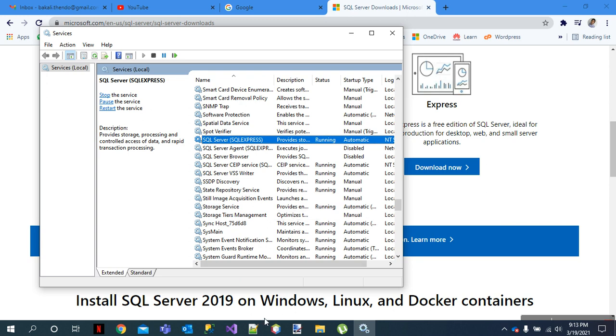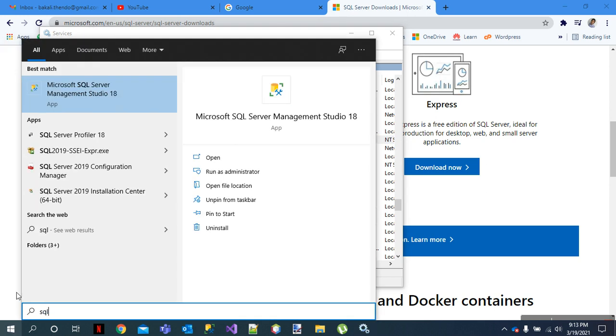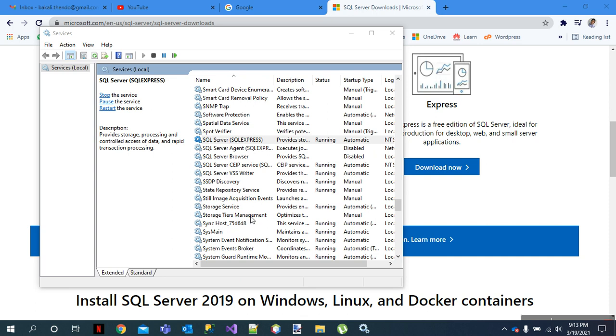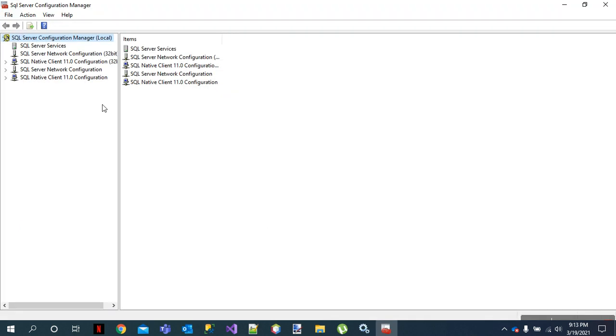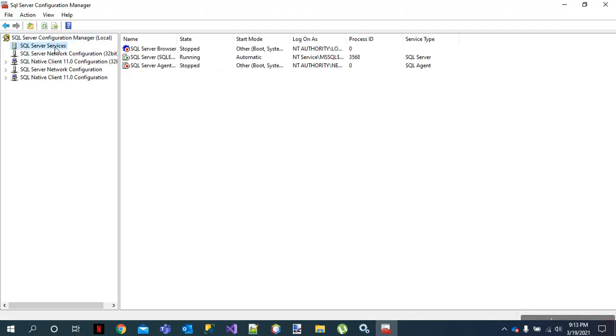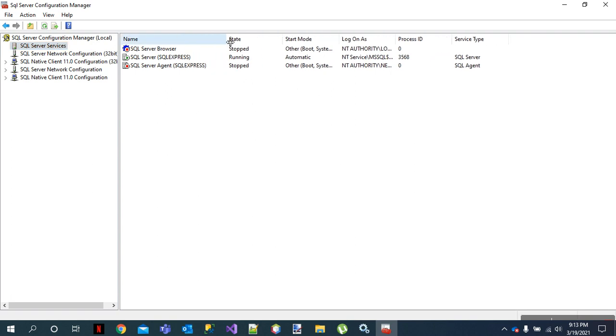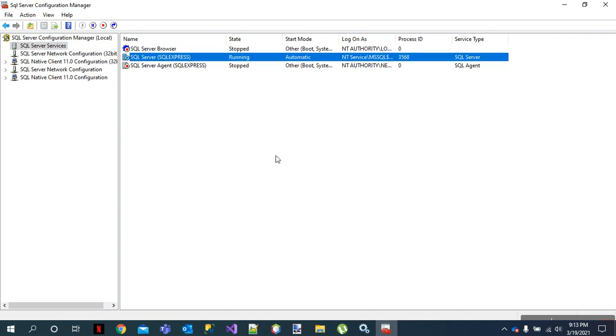The other way you can find out the name of the server, as I've said, is by typing SQL and looking for configuration manager, right? Once configuration manager has been opened, you can then look for the server name. If you click SQL Server, it will show you SQL services. It will show you the services which are running, and the others which are stopped. So you can see the SQL Server again, which is that service we saw earlier. It's running, and the name is SQL Server. The name will be in brackets here. So this is the SQL Server that we're speaking about, SQL Express. That is the last thing you need.